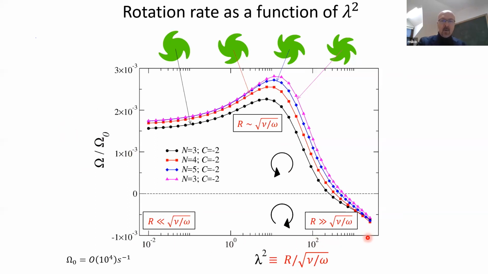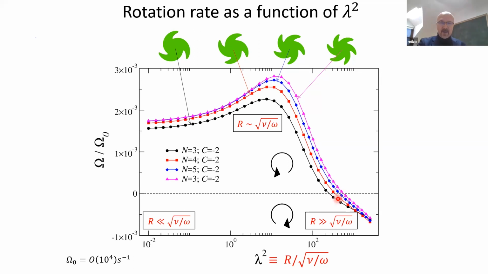The most interesting effect happens here. In some range of this lambda, we observe reversal of the velocity, where the angular velocity changes from counterclockwise to clockwise. And what is important, different curves, which represent different values of the rotational parameter n, exhibit reversal at different values of this lambda. So we believe that this is the basic mechanism of this reorientation or reversal of